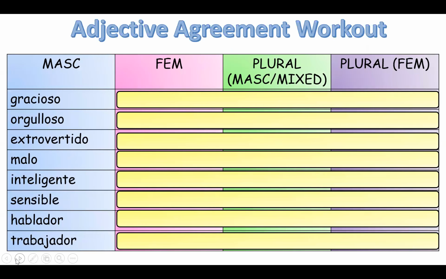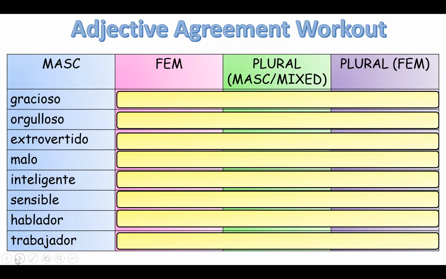Now we're going to do a little adjective agreement workout. In our previous session, we learned the rules around making adjectives agree, didn't we? That there are certain rules that apply when changing our adjectives from the masculine singular version, the bit we find in the dictionary, to the feminine version. And then some other rules when we need to change the spelling if we're talking about more than one person